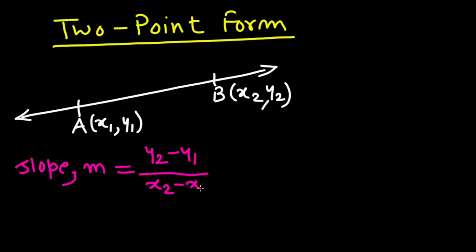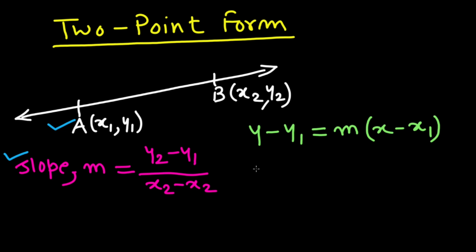Now by using the slope of this line and coordinates of one point on the line, we will find the equation of the line by using slope point form. So it will be y minus y1 equals slope m times x minus x1. We will substitute the value of the slope m. So it will be y minus y1 equals slope m, which is y2 minus y1 upon x2 minus x1,